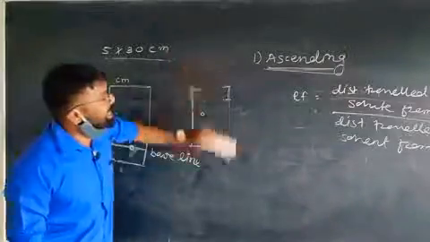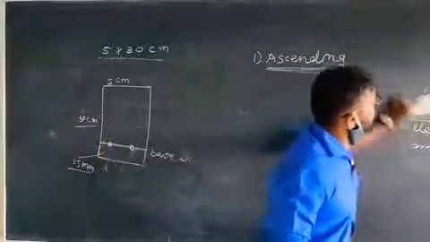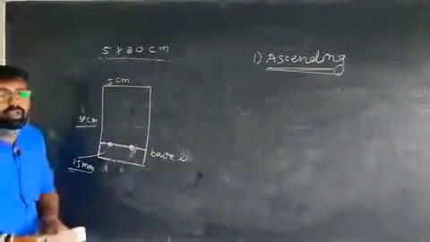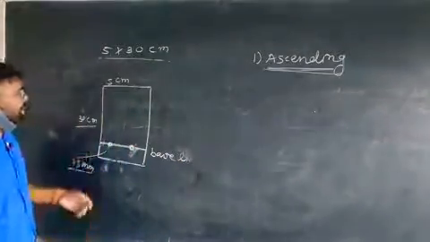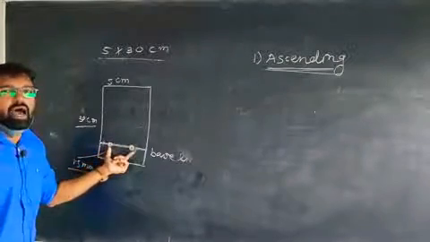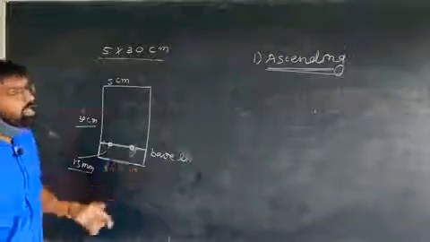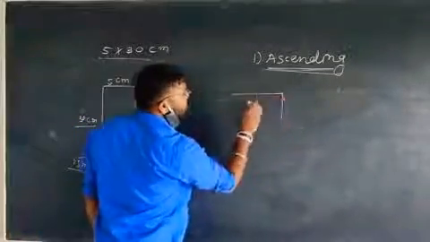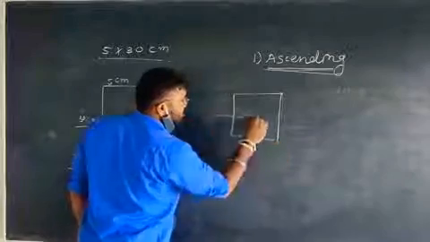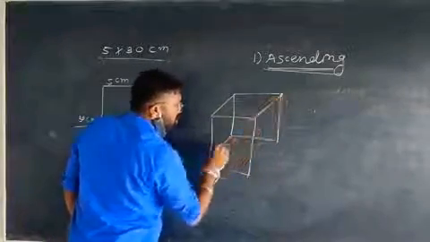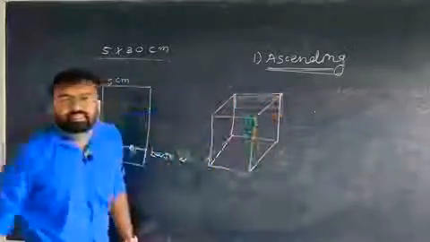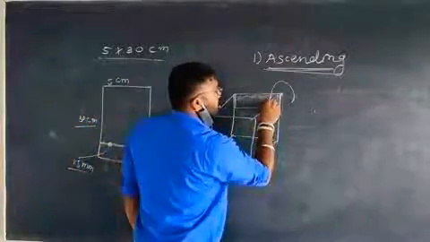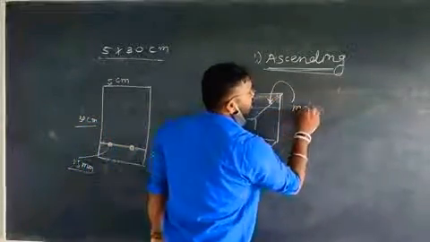In the descending type of chromatography, the first step is the same as in the ascending type: the chromatographic paper is prepared with the proper size, that is 5 cm by 30 cm. The baseline is taken, and spots are given at the center of this baseline. In descending chromatography, containers are specially designed so that they contain a tray at the upper side which can hold the liquid mobile phase.